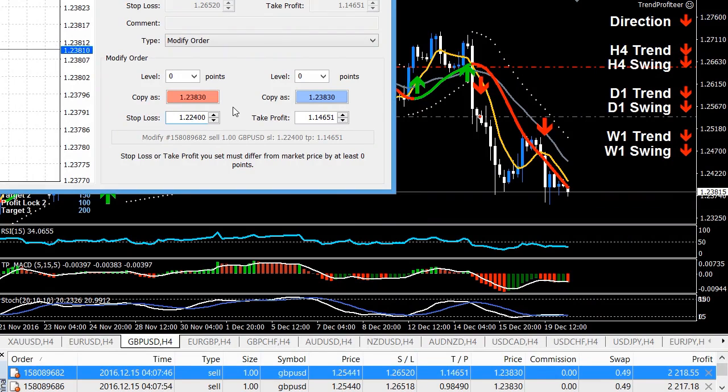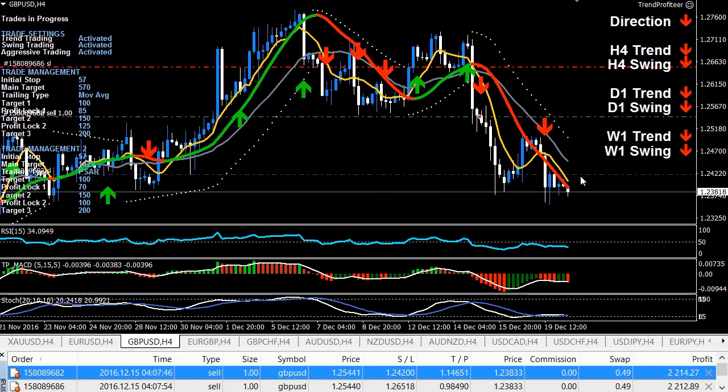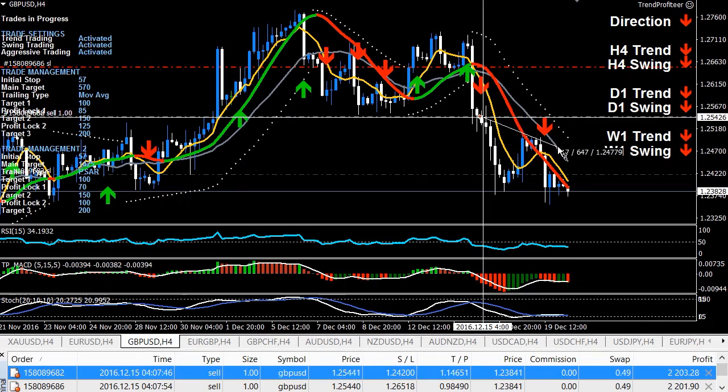122.40, and it's just, here we go, 124.20, and make that nice and tight. So just above that previous consolidation area, and where we've had a bit of support in the past. So what I'll do now, just take a look for my second position. I want that to be fairly tight as well, because as you can imagine, there's a lot of money on the table right now,